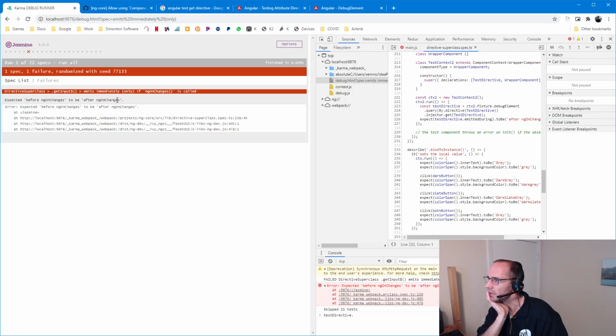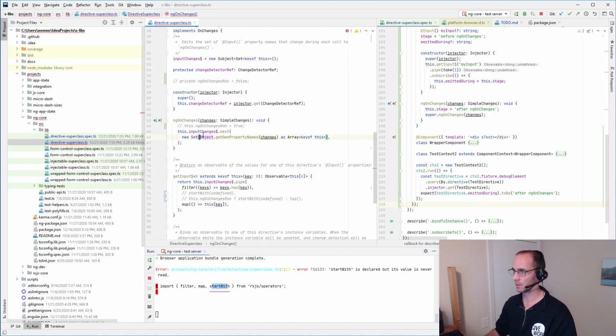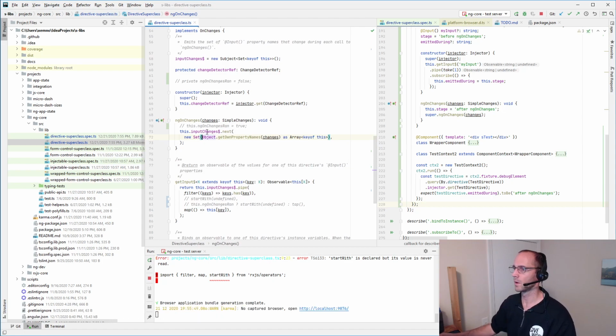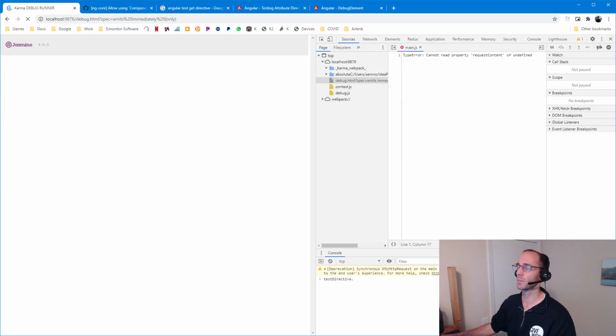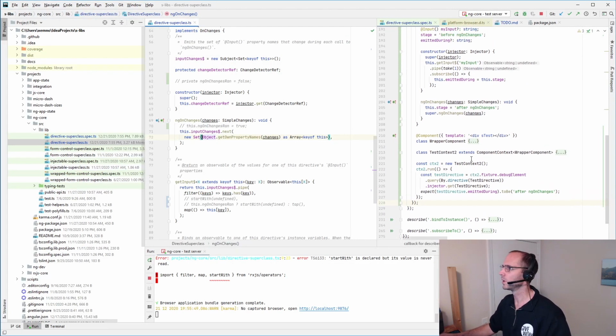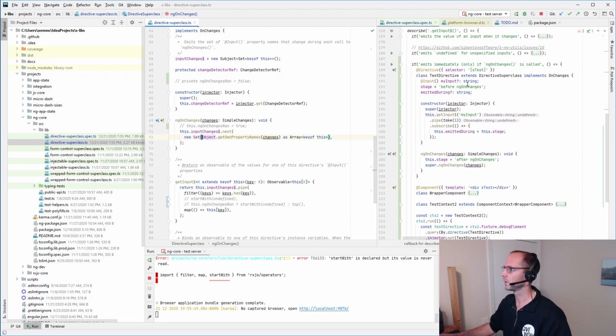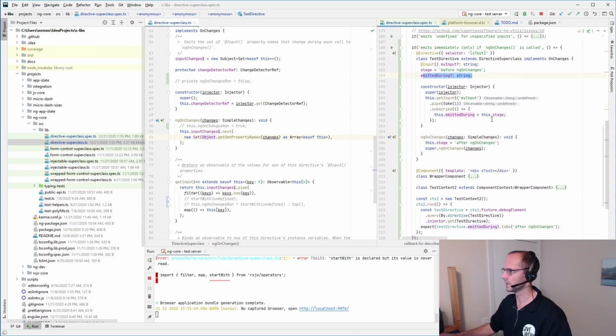It's not undefined. It still says before. Oh, I've got an error again. Or maybe actually it'll pass, but hopefully another test will fail. Oh no, it's undefined. Okay, good. So it's undefined because